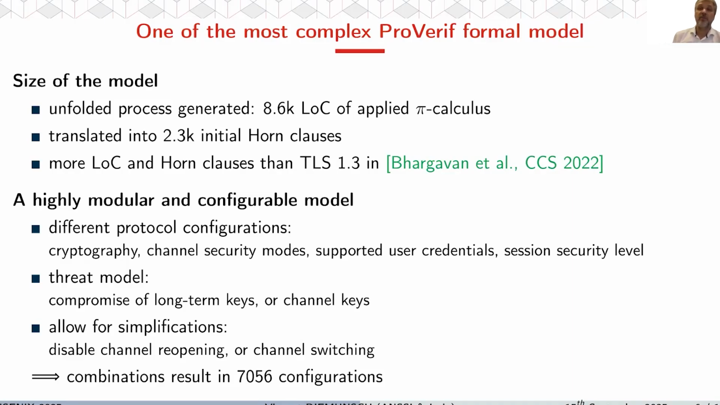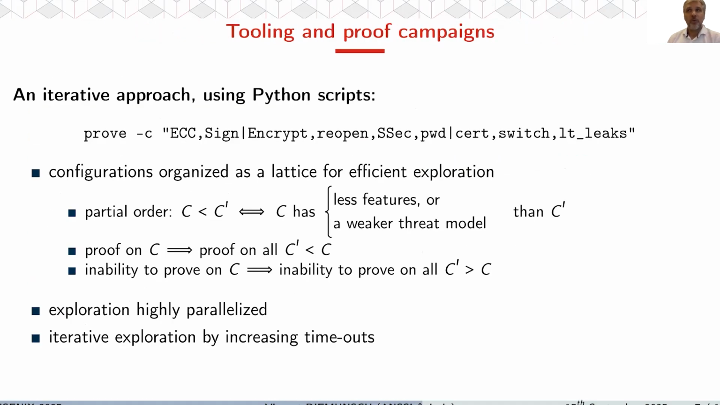Overall, we ended up with 7,056 different possible configurations. To explore all these configurations, an iterative approach using Python scripts has been taken. Here is an example of a configuration expressed as a string argument of the proof script. The script computes each possible sub-configuration that is contained in this maximal configuration and orders them in a lattice of